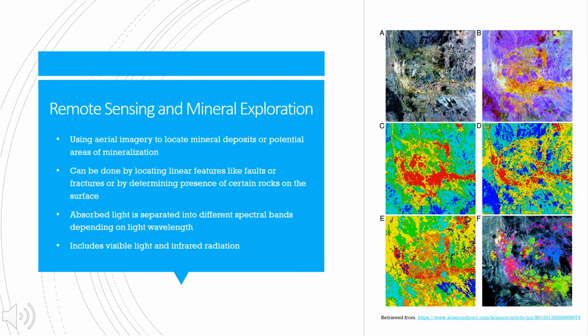These satellites don't take a normal picture of the surface, but instead separate the different light wavelengths received, which range from visible light to infrared, into several spectral bands. For example, the image on the right is the same area, but with different spectral band combinations, or with only